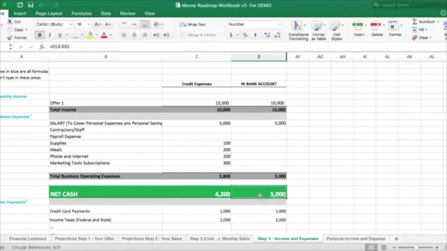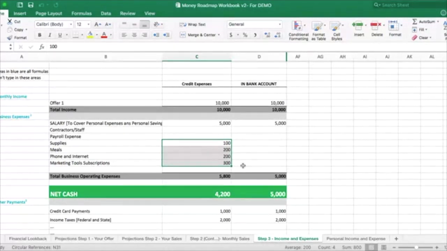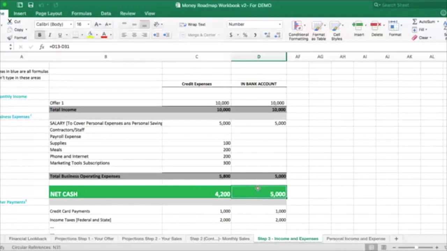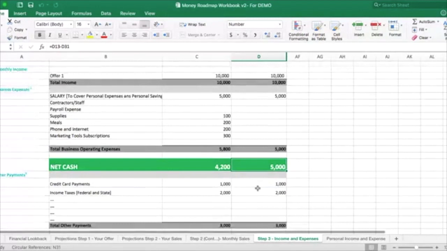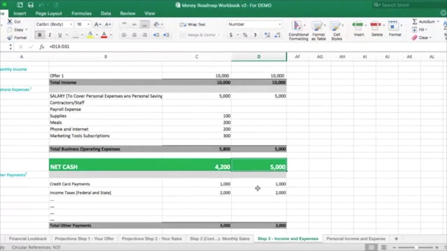So a lot of business owners get excited when they see that amount, because somehow they completely forget that this $800 was charged on a credit card, and that they still owe that balance and need to pay it. So they get excited at this point. There's more money in the bank. So a lot of people may just go ahead and pay themselves, or start doing additional extra stuff with the money that they didn't plan for. And guess what? The end of the month comes around, or the quarterly payment comes due, and the cash is